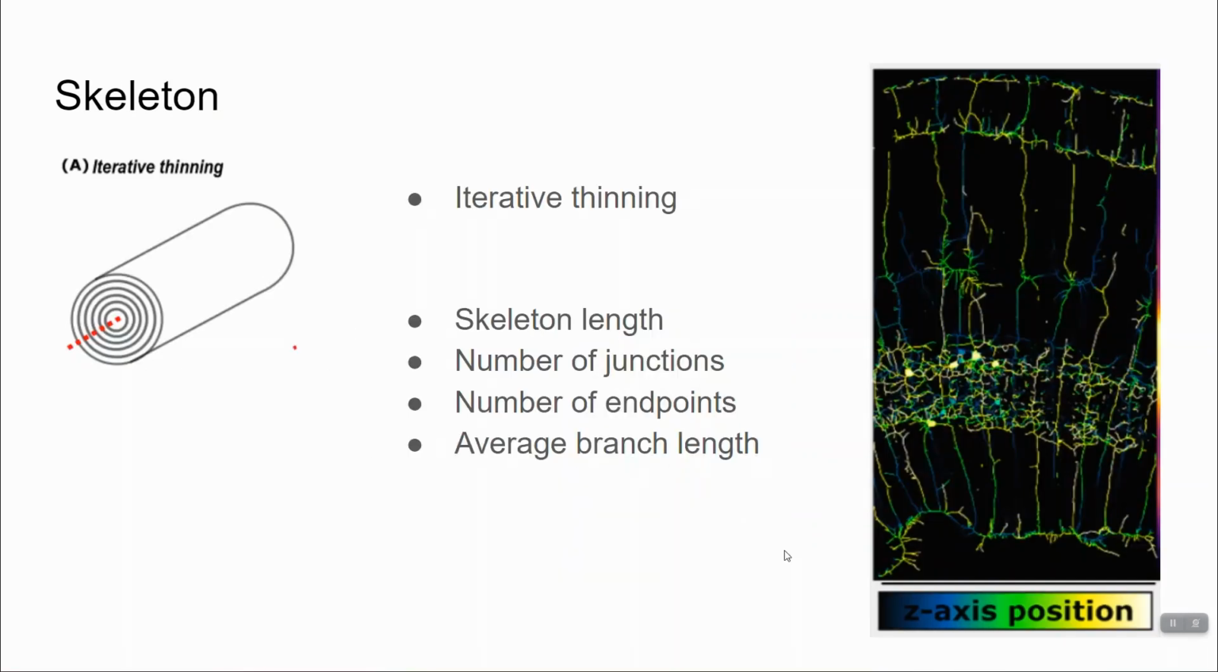Now, as well as all these other measurements we've done so far, we will also extract the 3D skeleton via a process called 3D thinning, or iterative thinning. This process essentially strips off layers from the 3D structure of the milliglia, much like stripping layers off an onion, until there is a skeleton structure remaining. From this skeleton, we can determine the length of the skeleton, the number of junctions, the number of endpoints, and